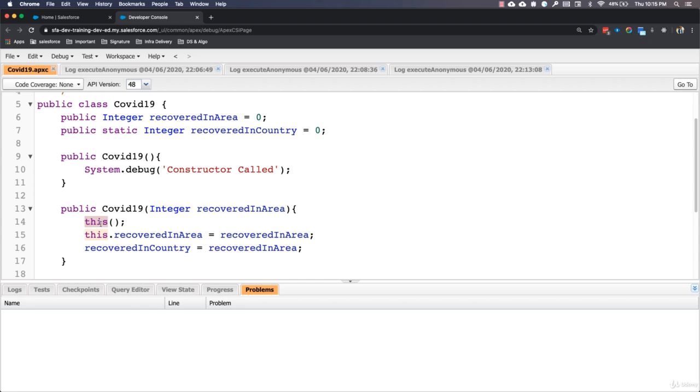The last thing that I want to tell you in this video is that the purpose of a constructor is very simple. If you want to initialize something when you create the instance of that class, then you can use the constructor the way we are doing here. If you want to set this recoveredInArea field based on the user input when the class instance is being created, then a constructor could be helpful here. You can simply accept the value from the user and then set it